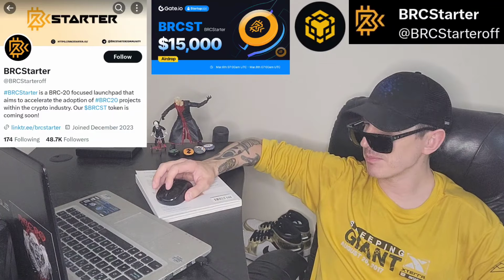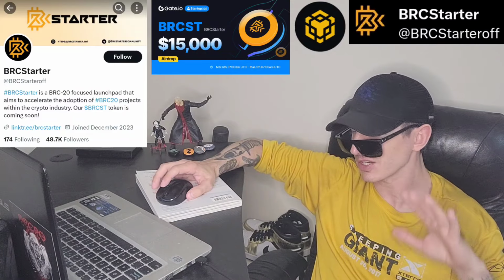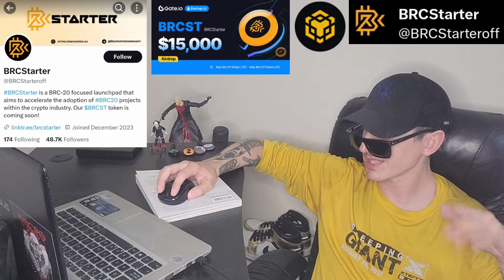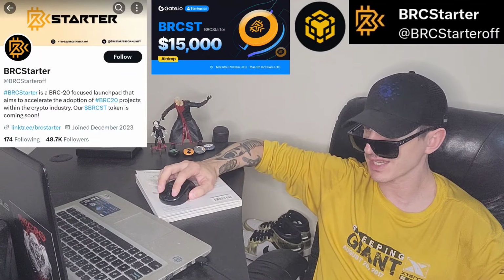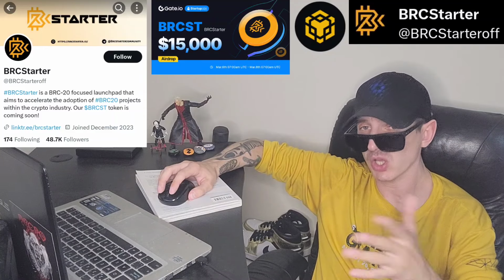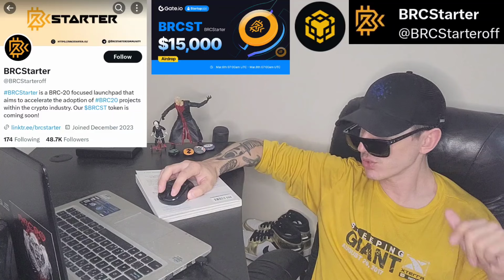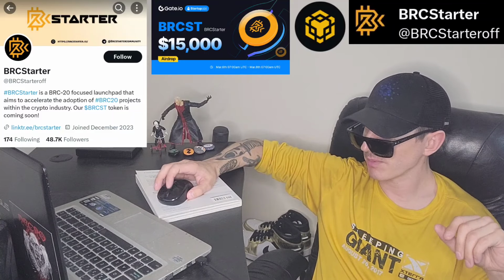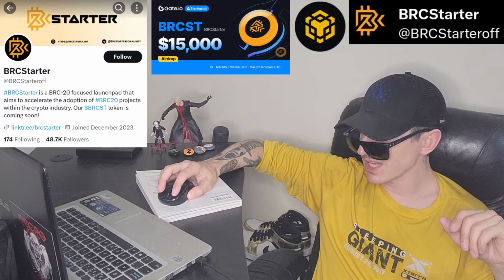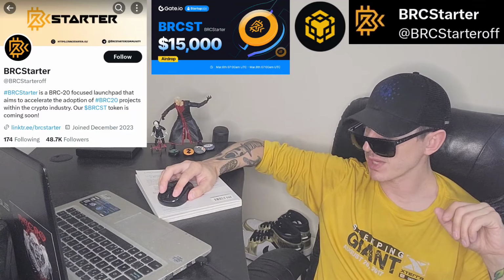Or this is a BEP20 token, so most likely around the same time it gets listed on Gate, I don't see the announcement on it yet, but it will be listed around the same time on Pancakeswap since it's a Binance Smart Chain token. You'll be able to fund your Trust wallet or your MetaMask wallet with Binance Smart Chain, go into the dApps, find Pancakeswap, and then trade your BSC for the BRCST token using the contract address that you can find on their official webpage,